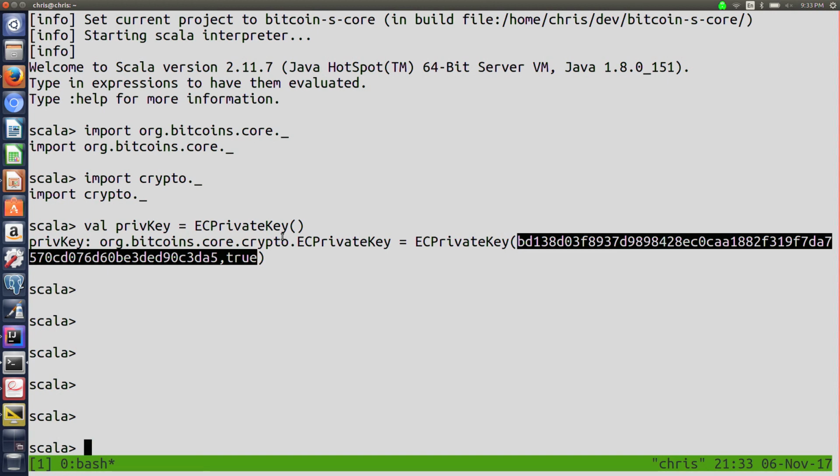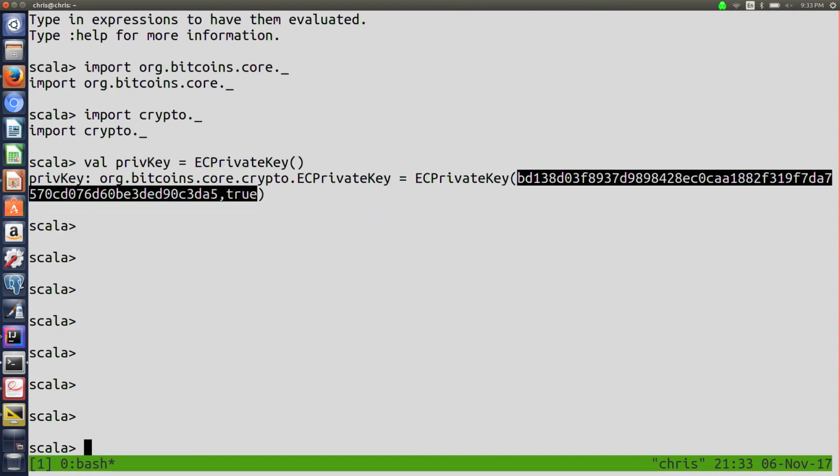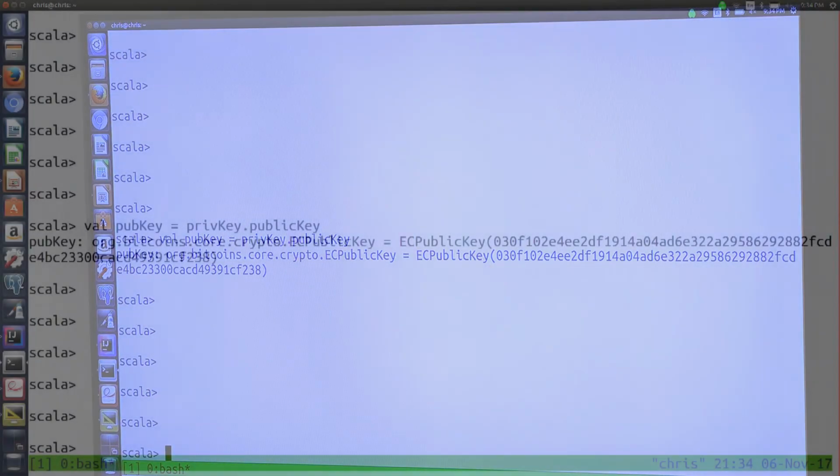Now, the next thing, to receive a Bitcoin payment, you need to be able to derive the public key associated with that private key. So underneath the hood here, there's some fancy math happening, and there's a crypto library that I call. But we will just call the simple public key method. So again, we generate the public key there.